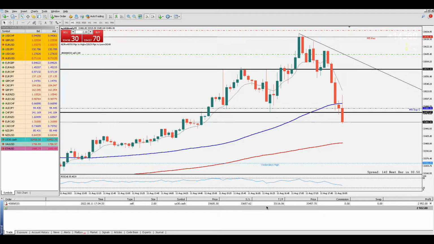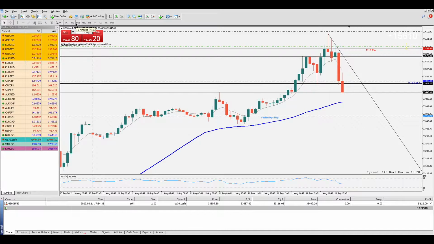And then, so as we're getting ready to close the position, I'm actually gonna close 1.5 lots, and I'm gonna leave half runner. So right here, I'm okay